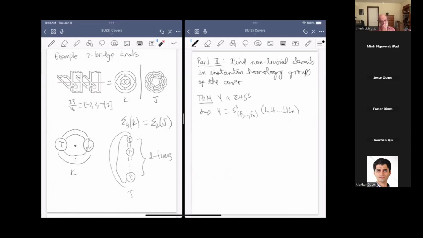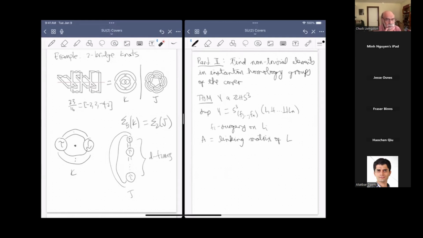So by this, I mean F_i surgery on L_i, that's my notation. And if A is the linking matrix of this link, and I know that